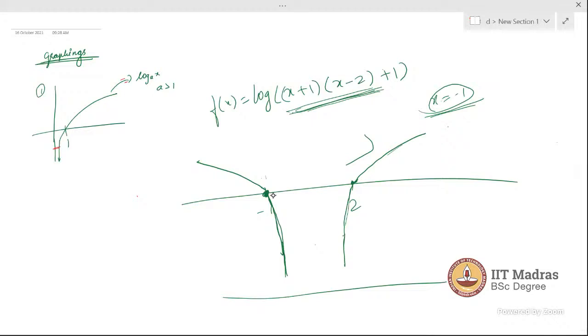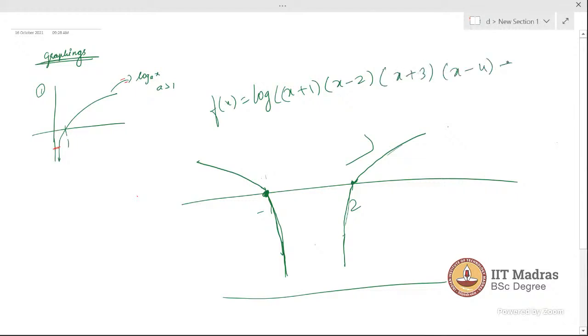Clear? Okay. Sir, can you please explain once again? I did not get it. Okay, so I'll just summarize how it's happening. Whenever you get a question like this, let's say you have other factors here, let's say plus 3, some x minus 4, and let's say 1. So what you do for this kind of question is,